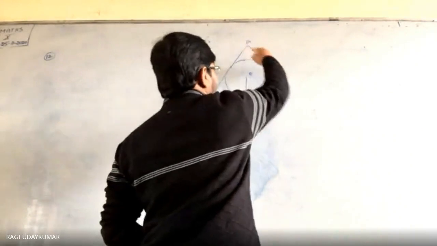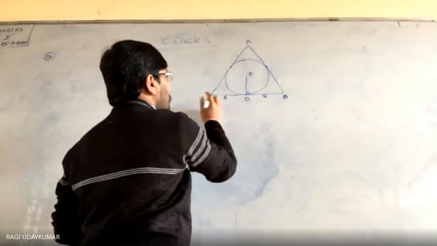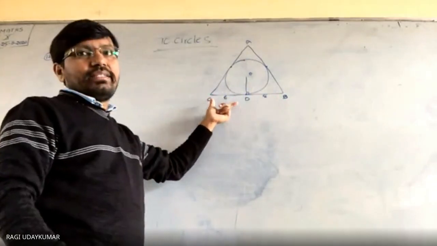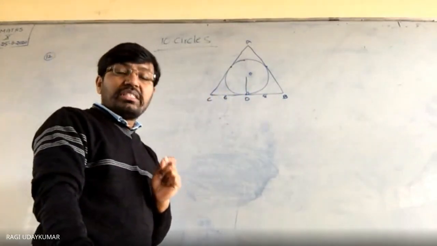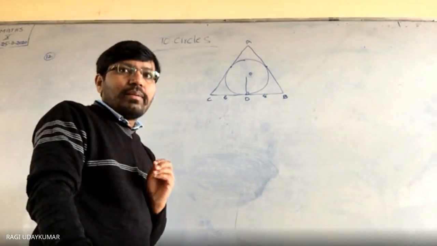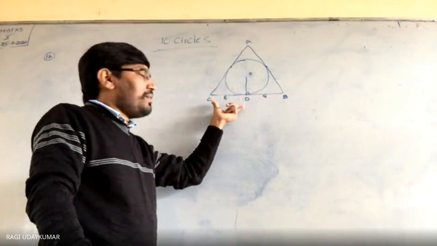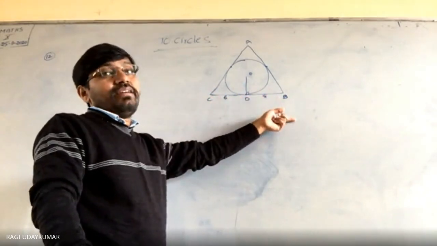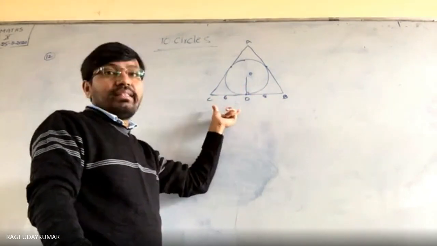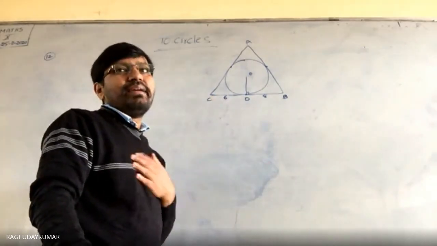So BD is equal to 8 centimeters, DC is equal to 6 centimeters. Read the question properly. Suppose in case the figure is not given, you should be ready to write. What is the question? The segments BD and DC into which BC is divided. BD is mentioned first, so its length is 8 centimeters and the next length is 6 centimeters respectively. So find the lengths of AB and AC.